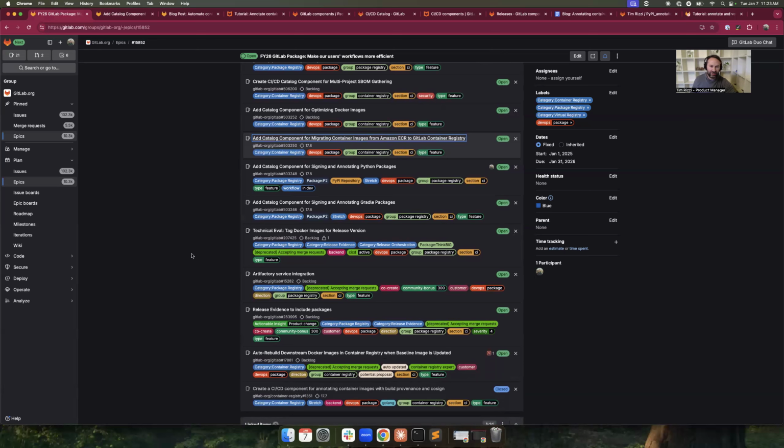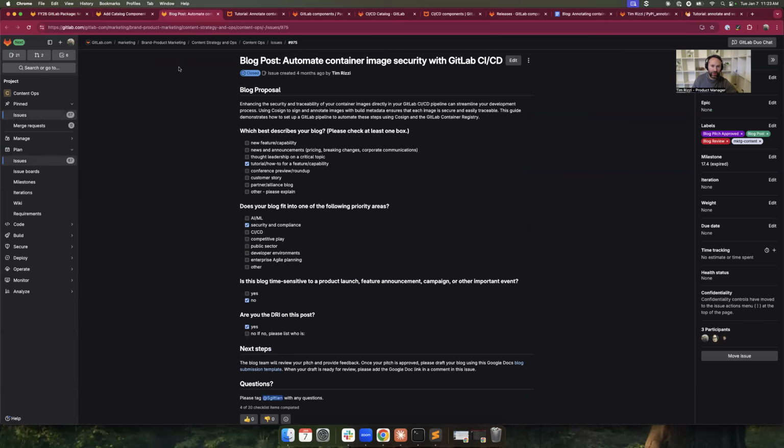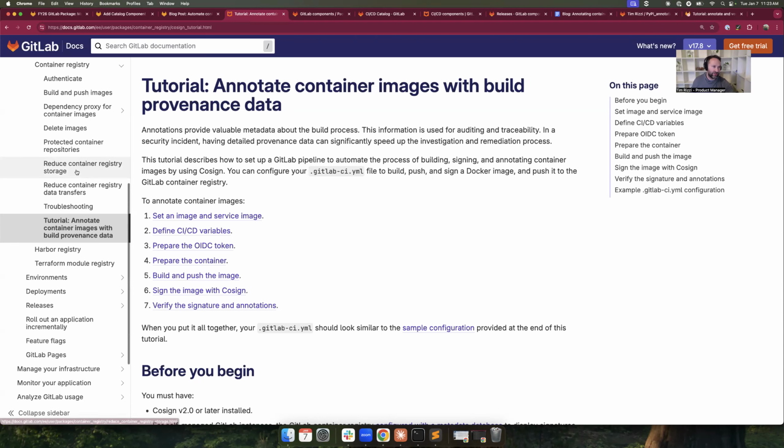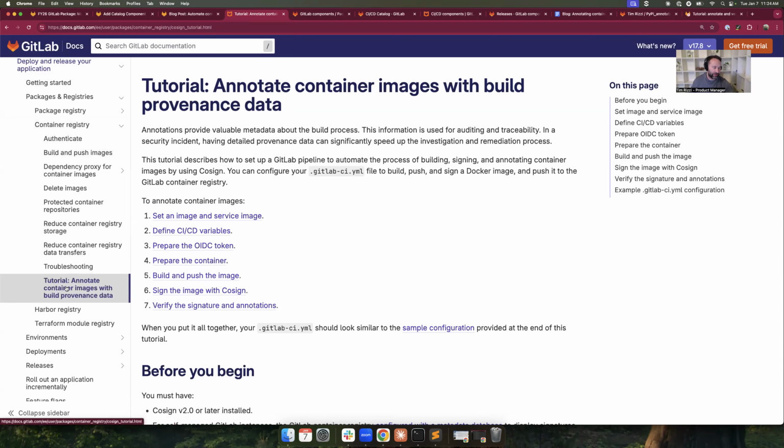And so as I started working on this, I came up with this idea for a go-to-market strategy, which was basically to start with a blog post. For example, I have this blog post here for the signing and the provenance for container images. Then I can turn that blog post into a more direct guide as a tutorial in the documentation. So here we could see in the container registry documentation, we now have a tutorial for how to do this